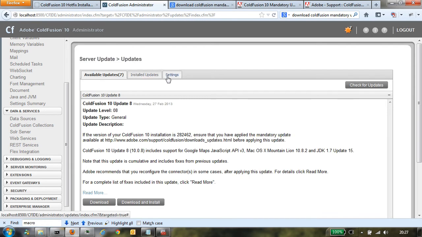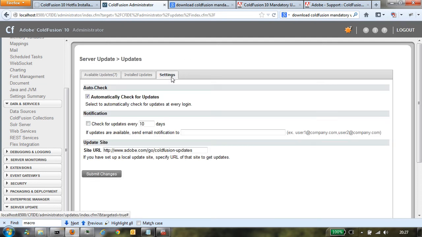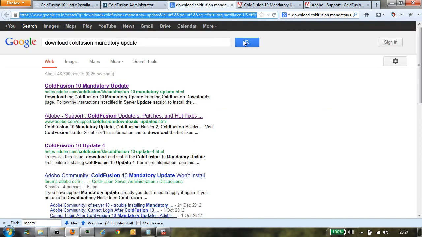So go to server updates, go to the settings tab, and copy the update site URL that is on this page. Copy the URL and paste it in the browser.